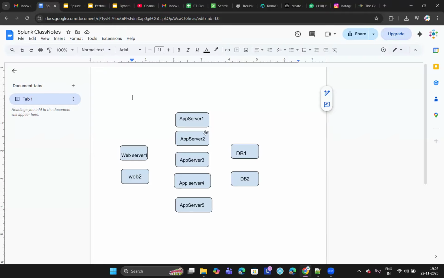Anyone? We use Linux commands, sir. We use the grep command. No, if the servers are running on Linux, yes, you use the grep command. But if they are Windows servers,